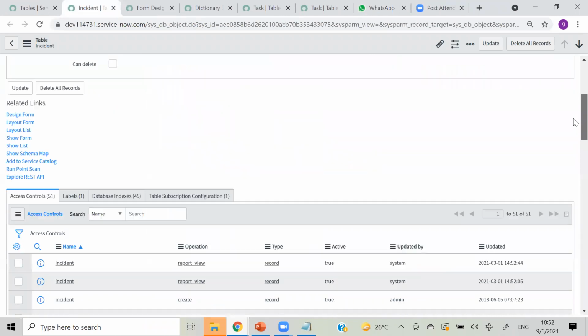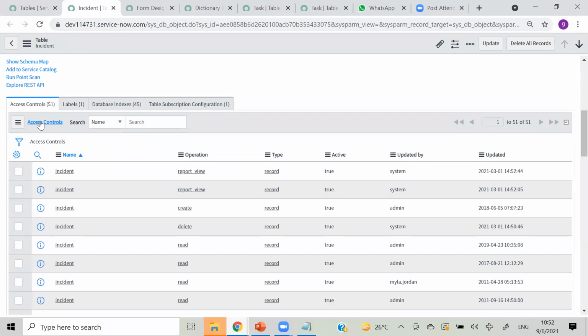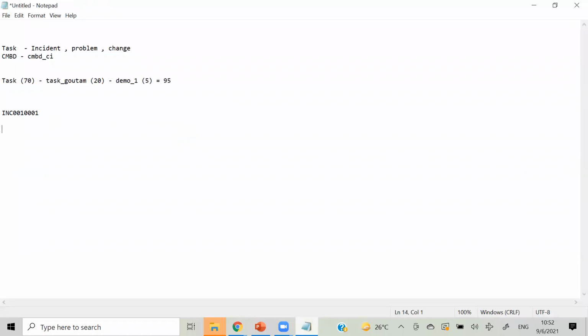Okay, so we have seen all the related links. Then we have access control on this table. On every table, if we create a new table, by default there will be 4 access controls. Access control is about providing access to that particular table, like who can read. I told you about four ACLs by default, right? One is for create, like who can create.